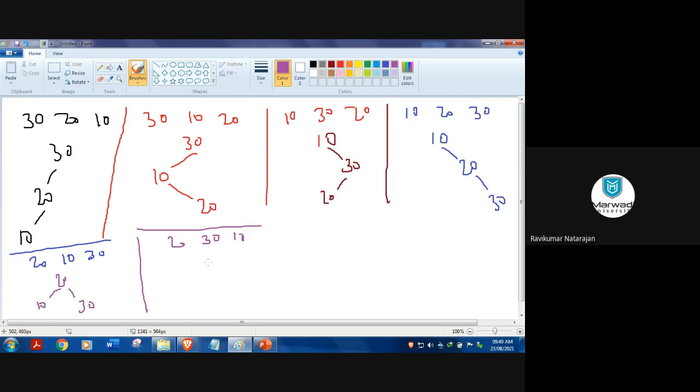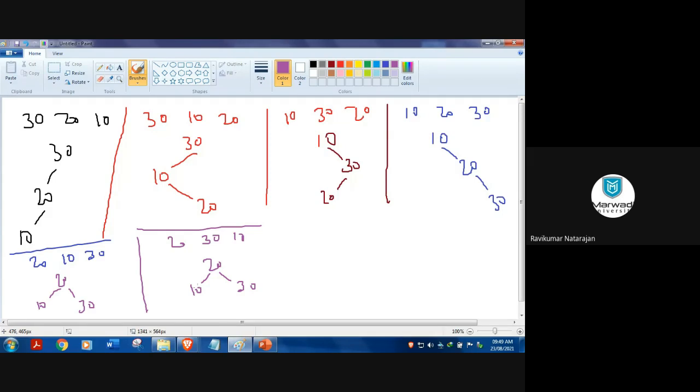Then for this, again 20, right side 30, then on the left side 10. So now when you compare these 6 different trees, which is having minimum height? The last 2, but for the same keys with different sequence.